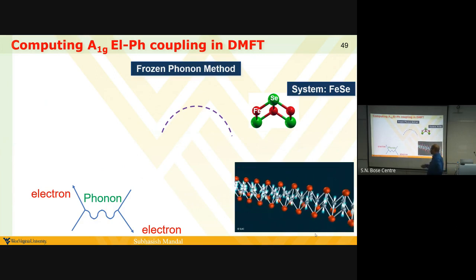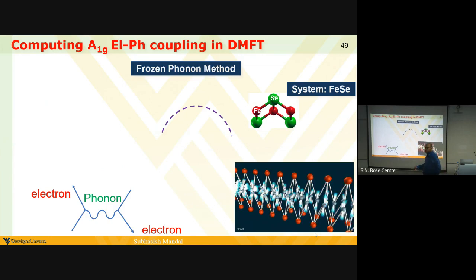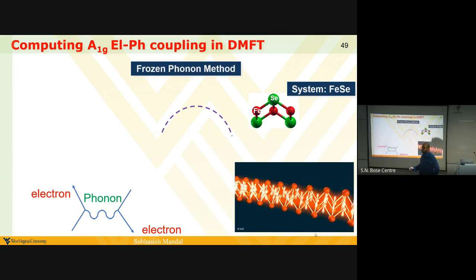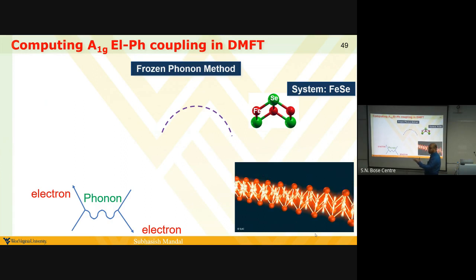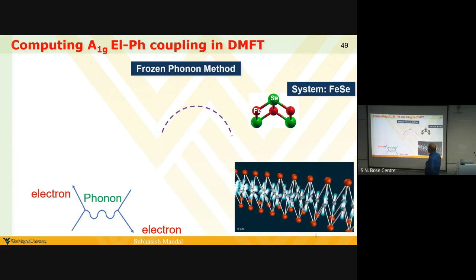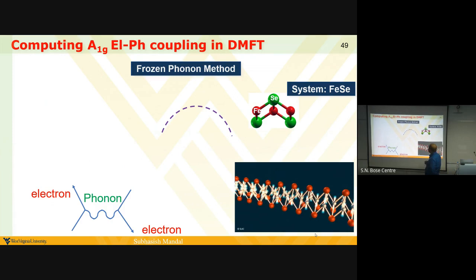Whenever a new type of superconductor appears, we compute the electron phonon coupling using DFT, and you get a very small value. We say that it is not phonon driven, and we throw out the phonon theory. We wanted to challenge this for strongly correlated compounds like iron selenide and compute this electron phonon coupling using DFT plus DMFT. Again, it is very tough because getting the force is horrible. At that time force was not implemented, only total energy was implemented.